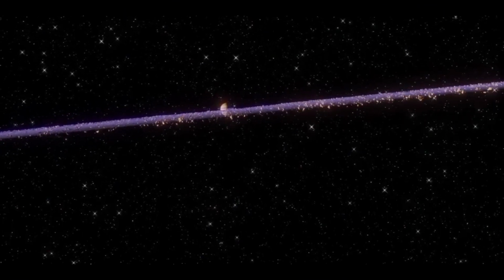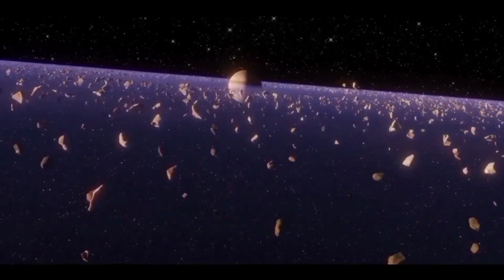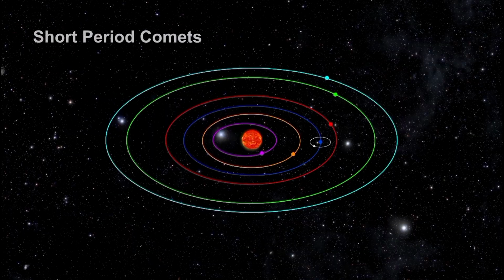Recently, scientists have also discovered comets in the main asteroid belt. These main belt comets might be a key source of water for the inner terrestrial planets. Scientists think short-period comets, also known as periodic comets, originate from a disc-shaped band of icy objects known as the Kuiper Belt beyond Neptune's orbit, with gravitational interactions with the outer planets dragging these bodies inward, where they become active